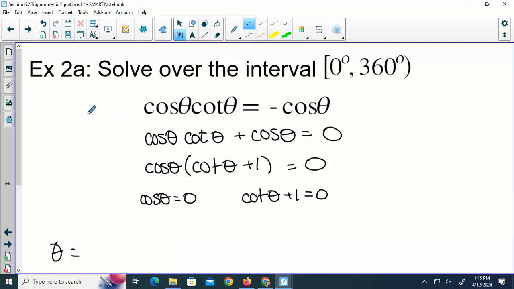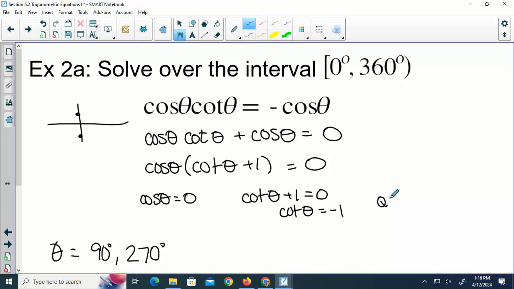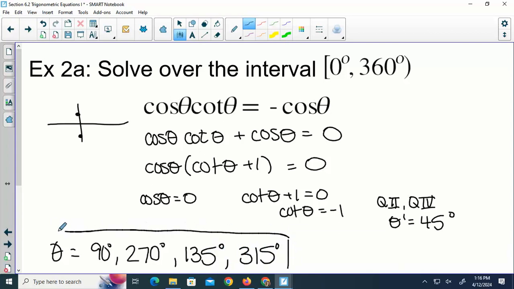All right, can you tell me from your unit circle, cosine is the x, every time x is 0. 90 degrees and 270. This one, cotangent is negative 1. And in what quadrants is cotangent negative? 2 and 4. Reference angle, when is cotangent 1? So 45 degrees in quadrant 2, so 180 minus 45. And in quadrant 4, 360 minus 45. So any of these